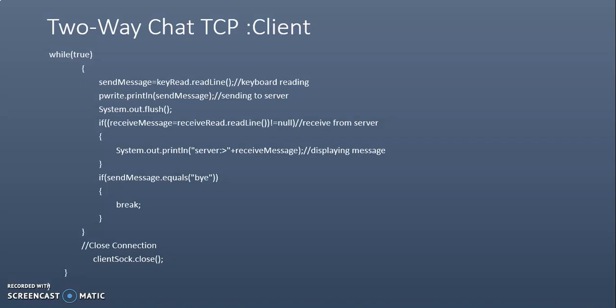Okay. So thereafter you can see whatever data you have received also. For that you have already declared a variable receive message, and now receive read dot read line will read the data, which you have already bound to that variable, and you are checking that it is not equal to null. Then you can see that the data is being printed over there. That is your display message. That is receive message, so that is displayed over there.